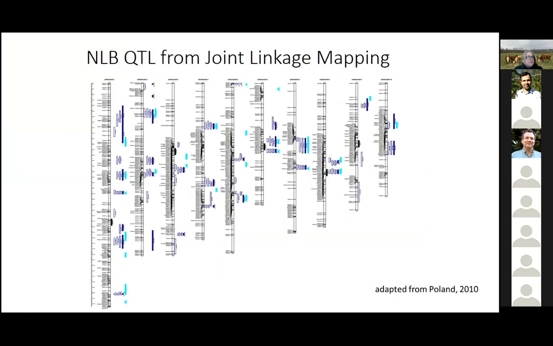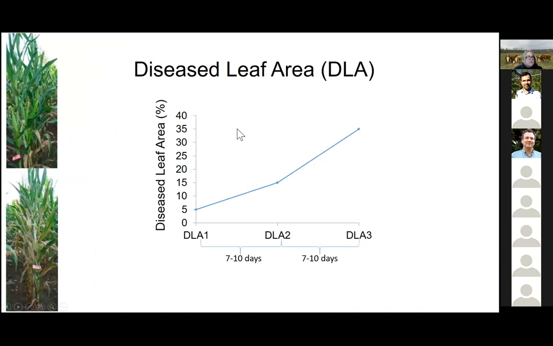This is just an example to show the joint linkage mapping in the northern leaf blight in the NAM population from Jesse Poland's work, where the 3 bars are disease leaf area 1, 2, 3, and an index, which is basically an average of all 3 diseases. So you can see with these dark blue intervals, there are quite a few. I think there are about 23 different QTLs across the genome. In this region, on chromosome 8, we have the HT2, HTN, HT3 gene complex, although we have no evidence for a major resistance gene in this group. It still is interesting that there's something there.